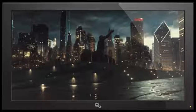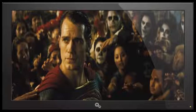And the next interesting shot that I saw was this first one of Superman right here. Look at these people, the way they look at him. They obviously look to him as a god. He has this look on his face like, why? It's funny, the people in the background with the painted faces,